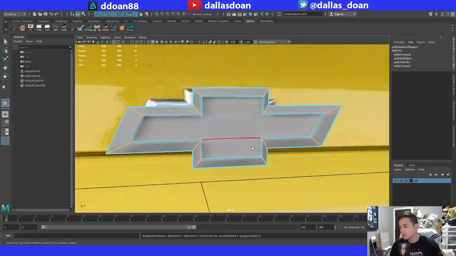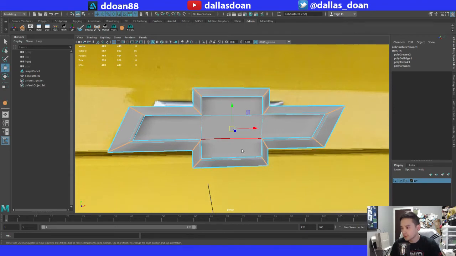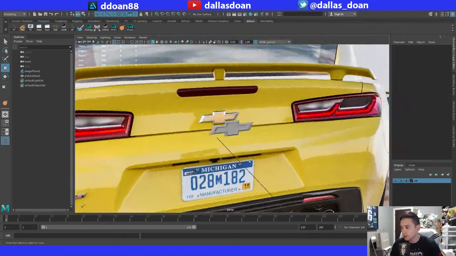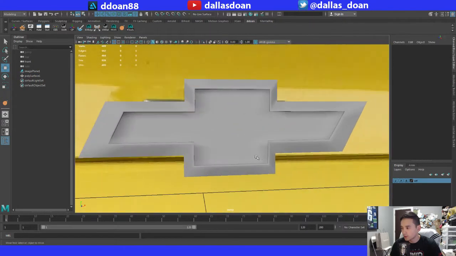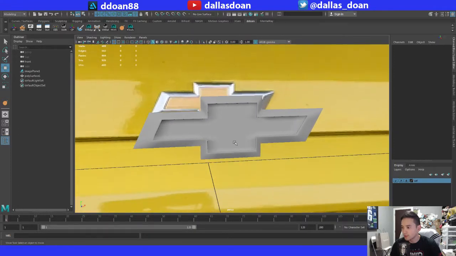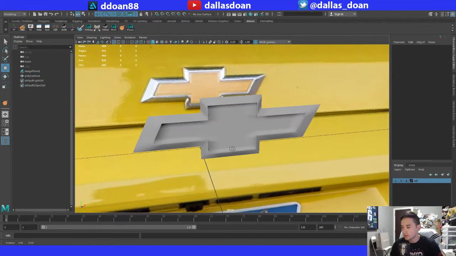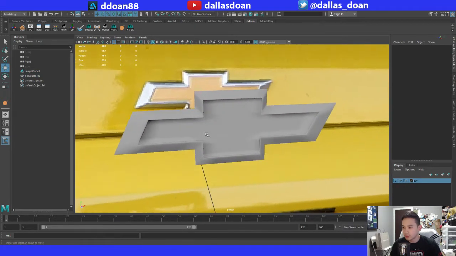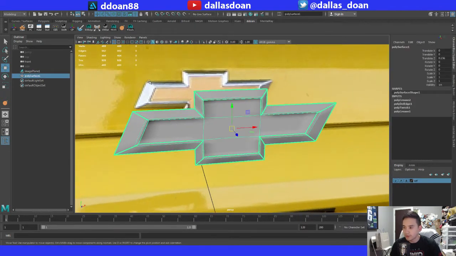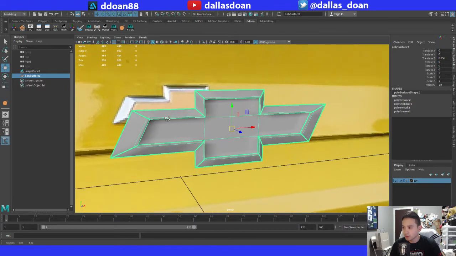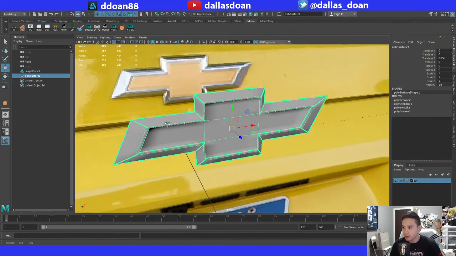Crease that. So now we have this kind of thing going on. Still not correct, obviously. It's definitely looking better than this right now, but we still need some work to do here. So I feel that we need a nice little bevel on that edge, so we might have to do that. Let me just look at some more reference images here, because it looks like the yellow piece, okay,